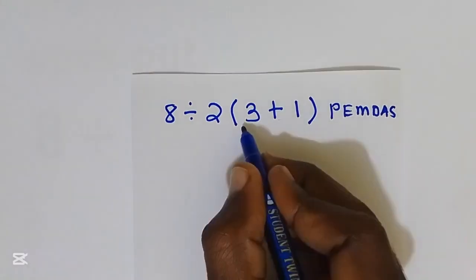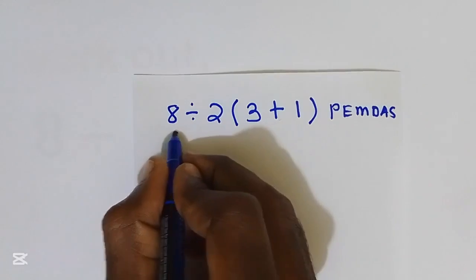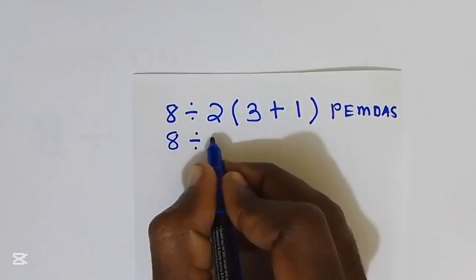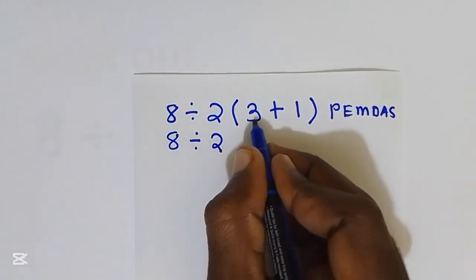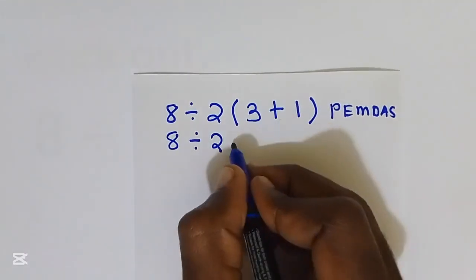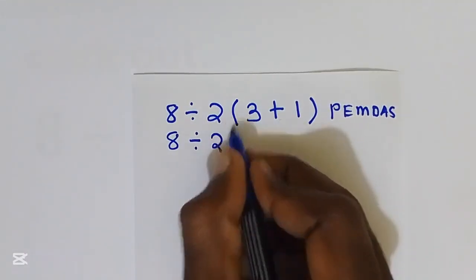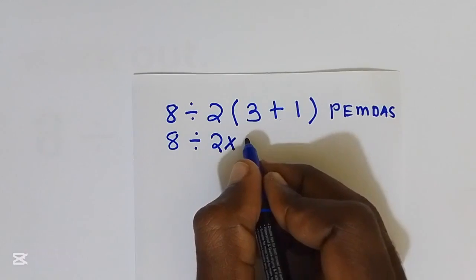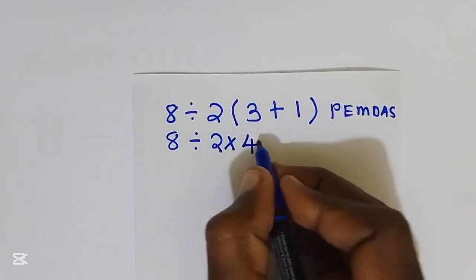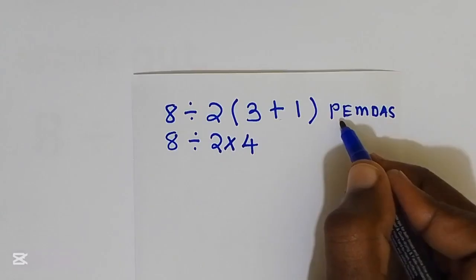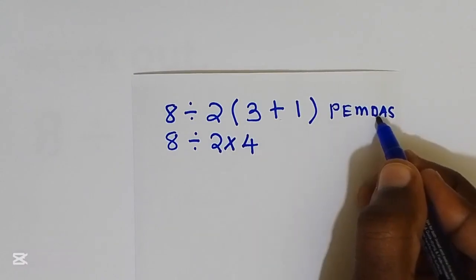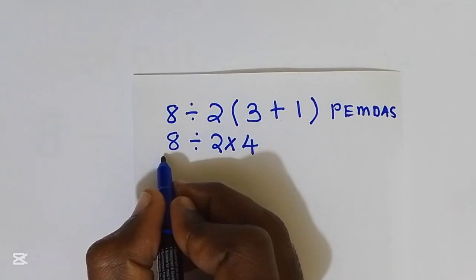So we are going to start here. That is going to be 8 divided by 2. 3 plus 1, it is 4. So in between here we have multiplication, multiplied by 4. According to PEMDAS, multiplication and division have the same priority, but since we are starting from left to